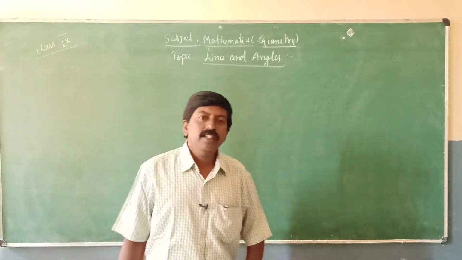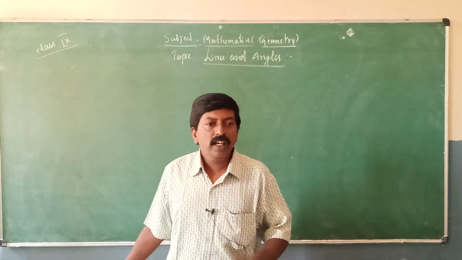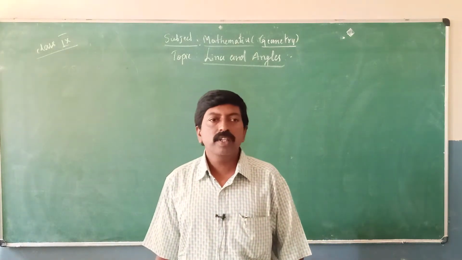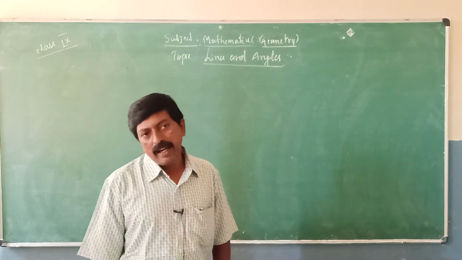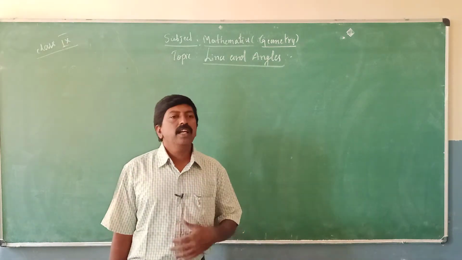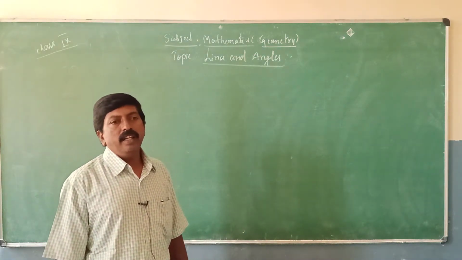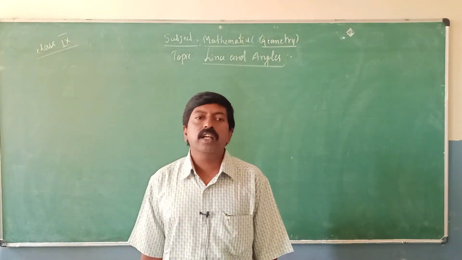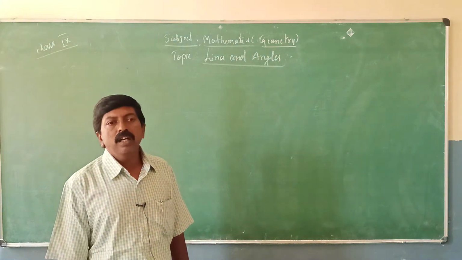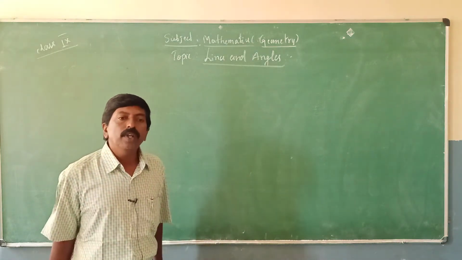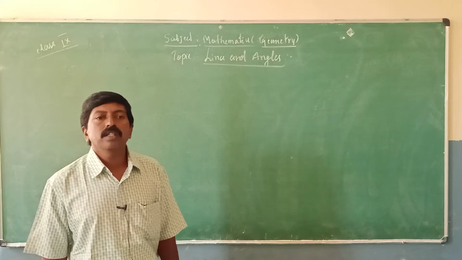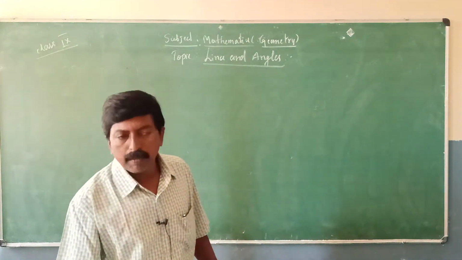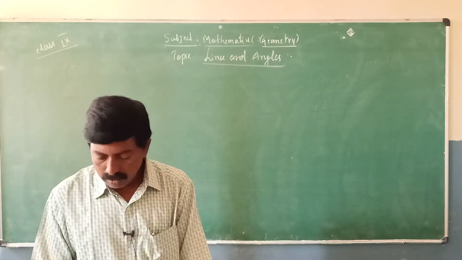Okay, well students, in our lower classes we already learned about some geometrical figures and also discussed lines and angles. In lines and angles, we state a theorem: when two lines intersect each other, then vertically opposite angles are equal. We proved that in the last class and discussed two problems related to it. Now I can pass directly on to the exercise problem.